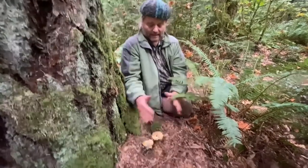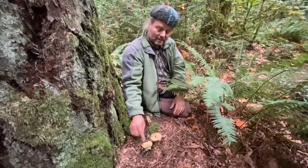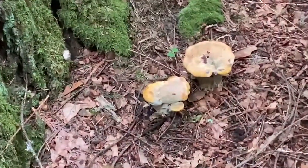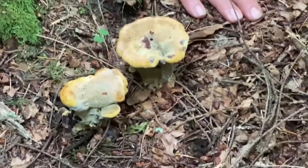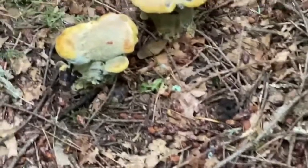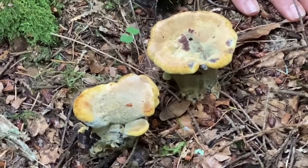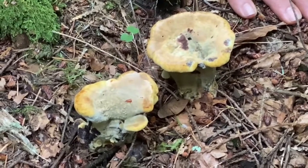They're very small, but they can get big. They can get a foot, sometimes 2 foot across, and then you only see a little yellow or green on the edge. And so they are parasitizing here directly on this Douglas fir, and I don't know how long it will take. Some of the parasites don't kill the host. Some will kill it over a certain period of time. I don't have the idea, but this is a mushroom that is highly sought after by the dyeing community,